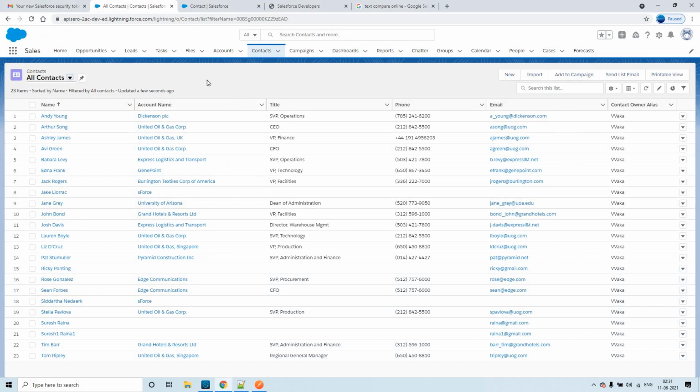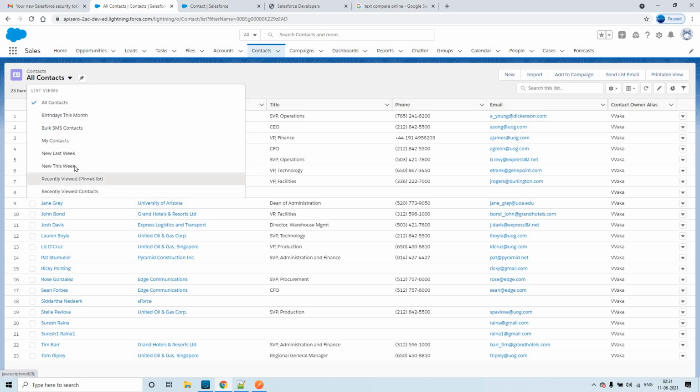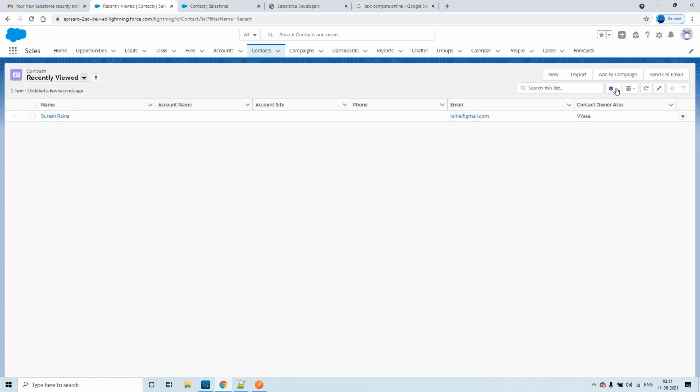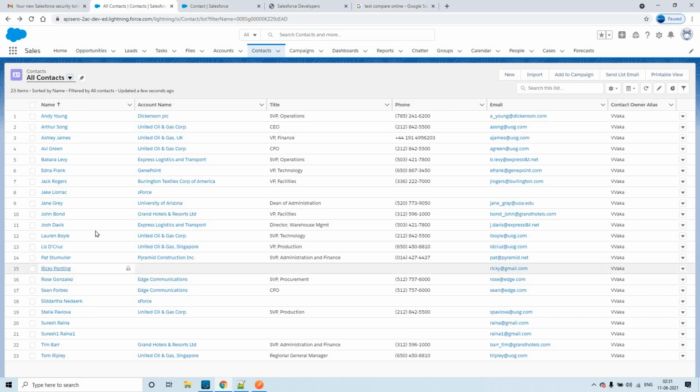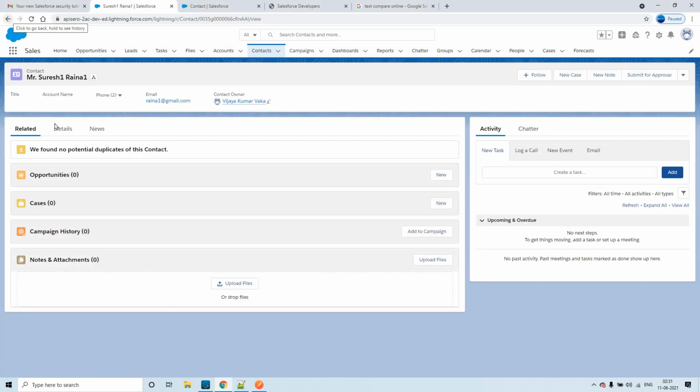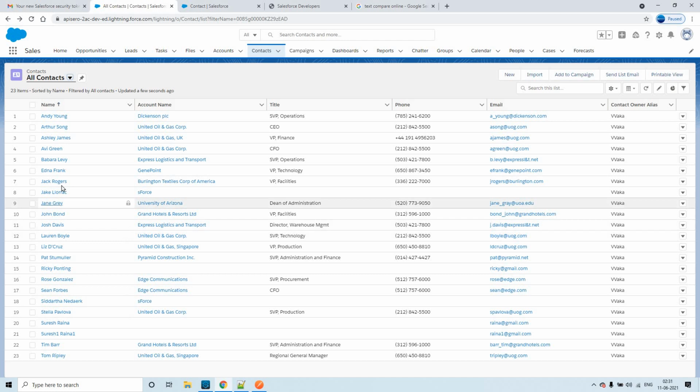And also, for example, I'm going to click on recently viewed contacts. So you can click on this option, not this one. It is disabled, but let me try to view one more contact so that in the recently viewed contacts we'll have many, and I think we should be able to add a few more fields.